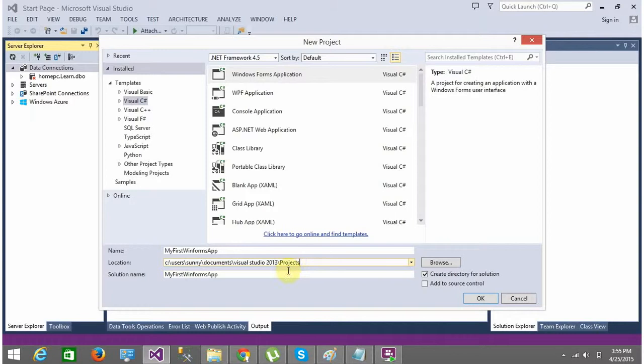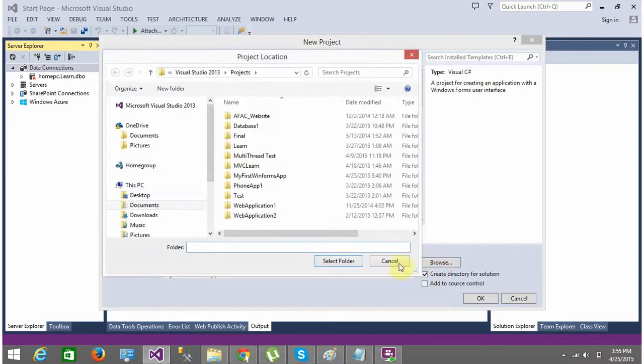Okay, now this is the solution name to my application. Now one solution can contain one or many projects, right? So right now we have a simple scenario wherein we have one solution and inside that we have one project, right? But inside one solution, as I told you, you can have multiple projects. Okay, so that is fine. Again, we will not be going into details right now. Okay, now you can select your own directory if you want to, but by default it will be stored here.